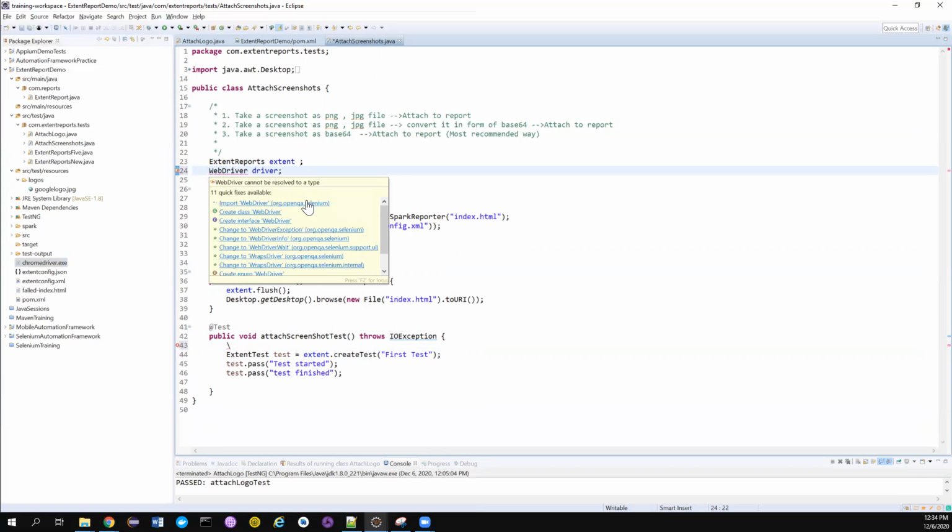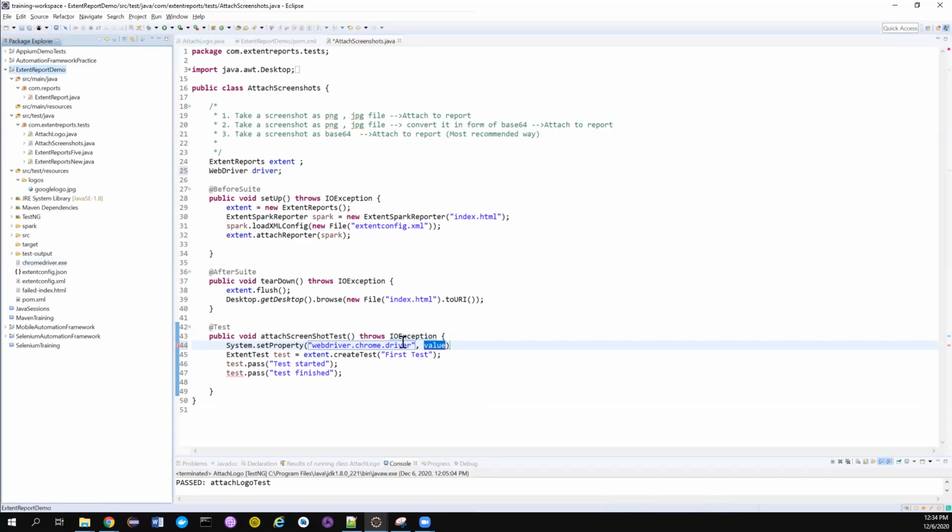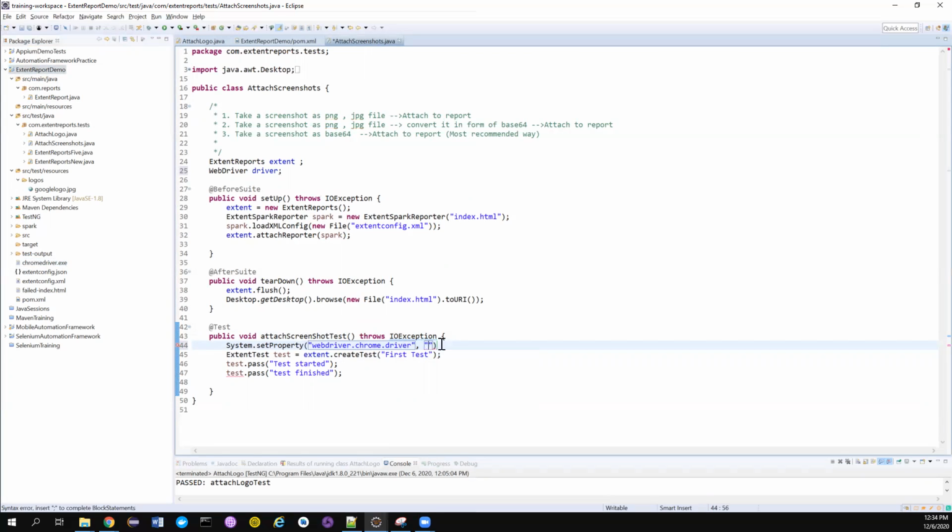So this will come from your org.openqa Selenium. And here, first let me set the system properties. Okay, and the key is webdriver.chrome.driver. And my chromedriver.exe is located in the root path, so I can directly give the path. In your case, if it is located in a different location, please give the different path. Okay. So after this, I'm starting my Chrome driver,